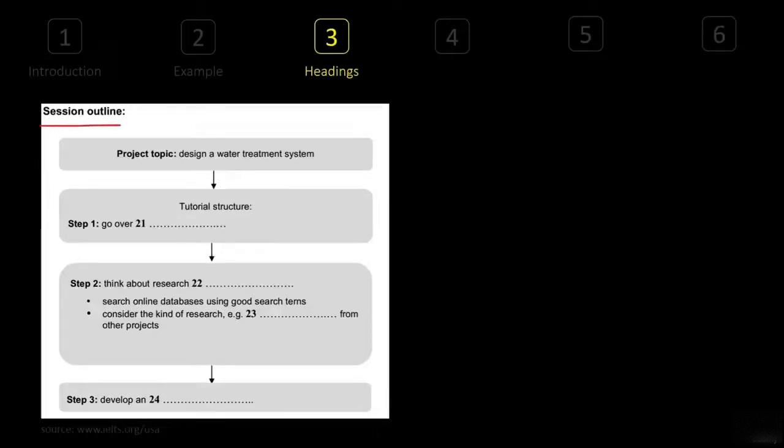So when in the audio I'm talking about session outline, definitely we have to pay attention to it. This is how we should understand what we can expect from that answer. Let's say, for an example, steps to create some kind of chemical. That means we have to listen for steps only for chemical. So the title or the heading is important. There are subheadings as well, like project topics, step 1, step 2, or tutorial structure. Also important because they're going to help you to keep as a landmark or pointer where you have to reach and